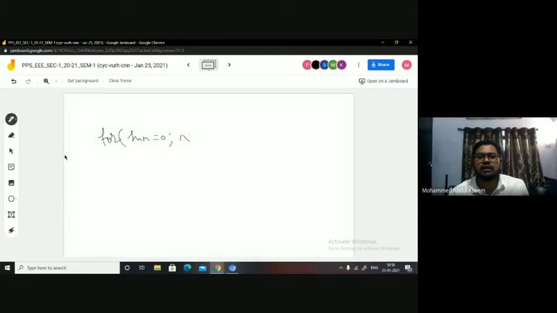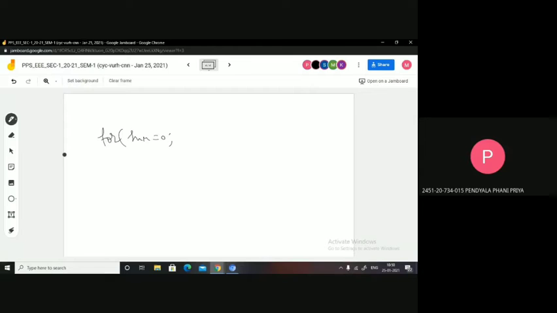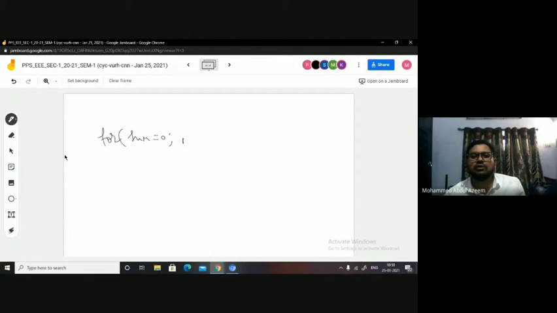Then n not equal to 0. N not equal to 0. Here n by equal to 10. N by equal to 10, n equal to n by 10, right?